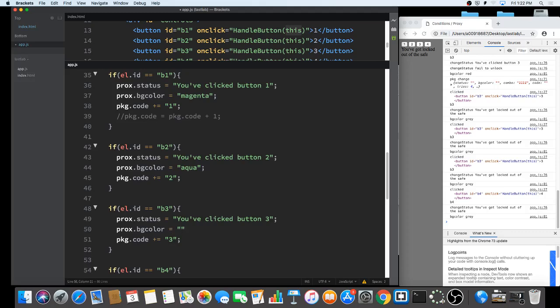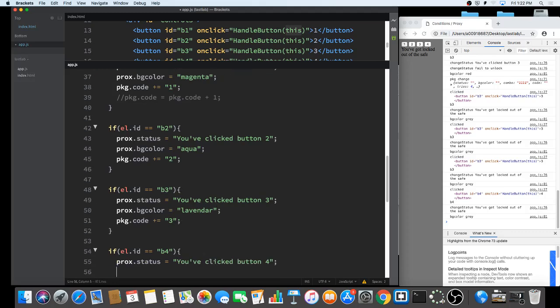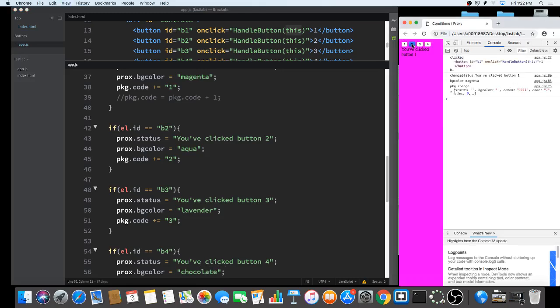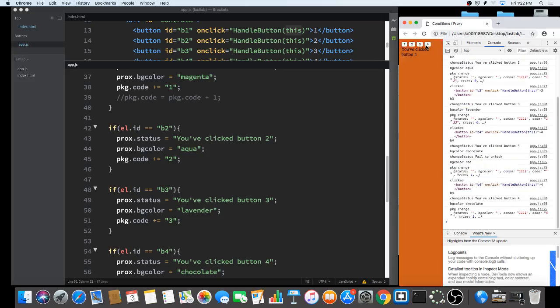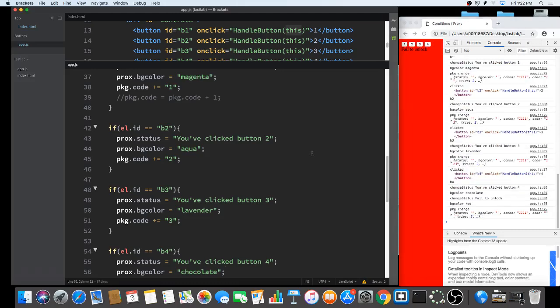Let's see. Lavender. I like that. Is that how I spell lavender? Lavender. And what other? Chocolate? Did I hear chocolate? That's the best color. Let's go. Is there a real color here? No, wait, hold on. Oh, it is. Oh, nice. Right, so you can kind of see